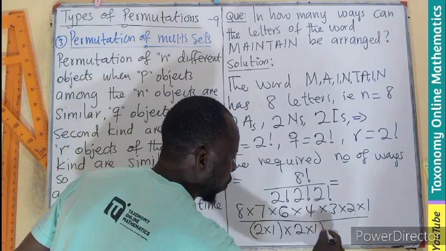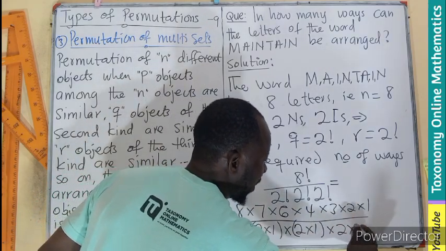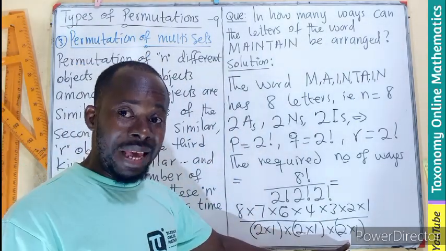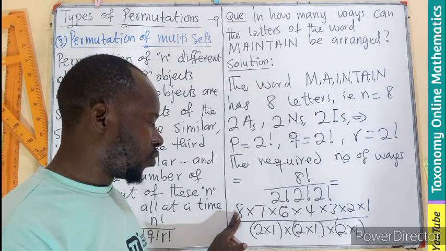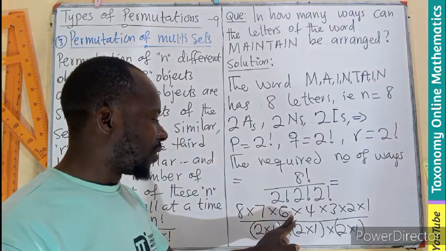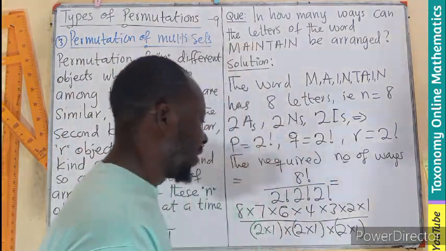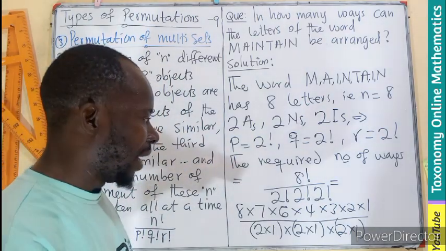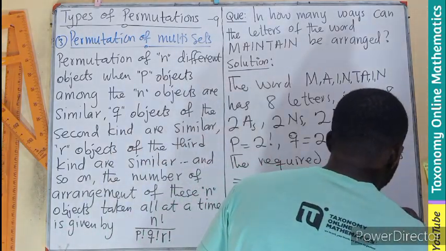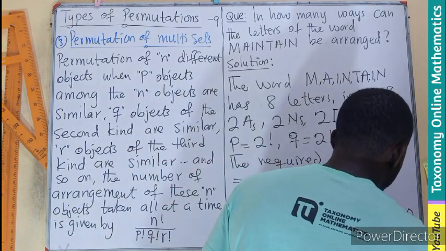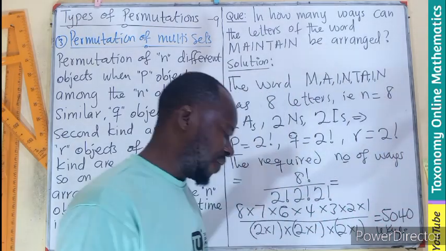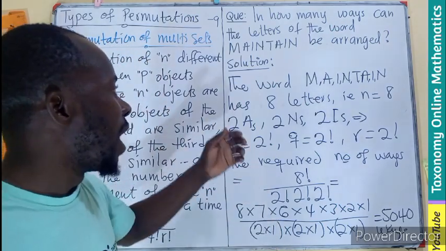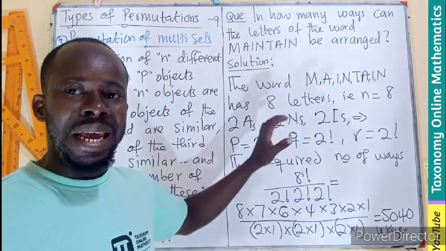So 2, 2, 2 gives 8, and 8 will cancel this. We are left with 7 times 6 by 4 by 3 by 2 by 1, which gives 5040. So we have 5040 ways of arranging the letters of the word "maintain",